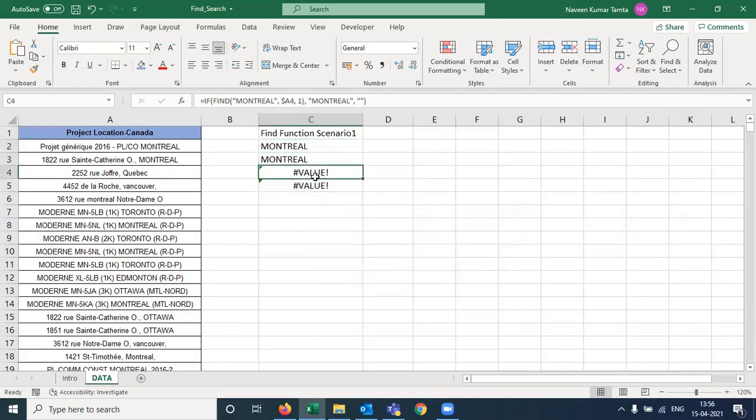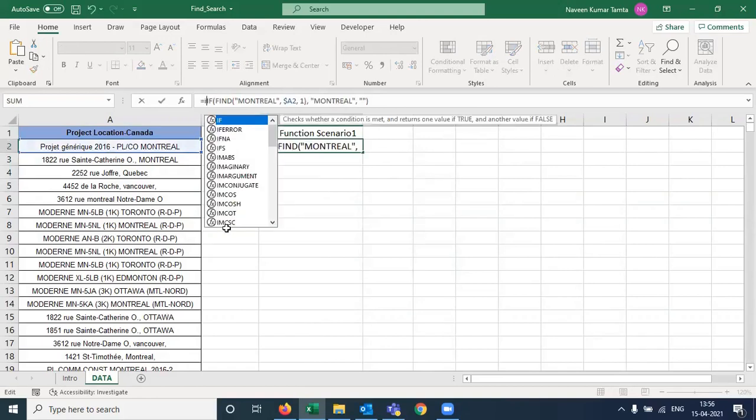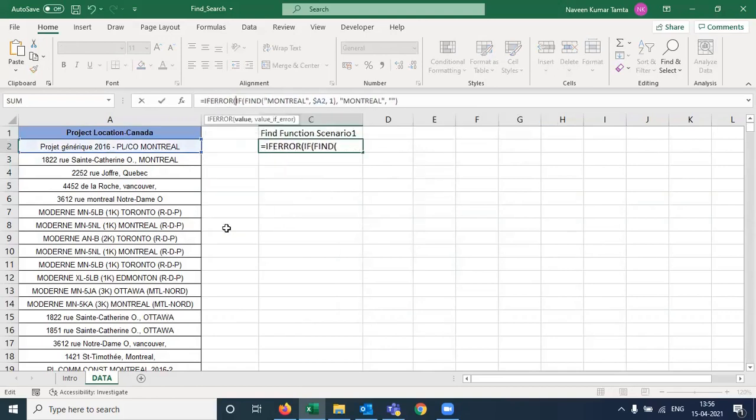In order to remove or ignore these errors, I will use the IFERROR function at the start, like this. My syntax says if an error comes, what should happen? I want to say if any error comes, then this should be replaced by blank.